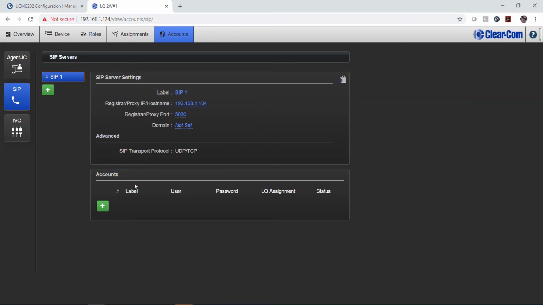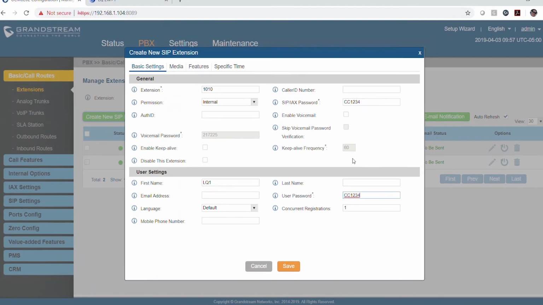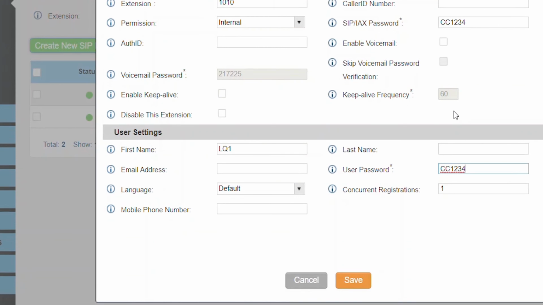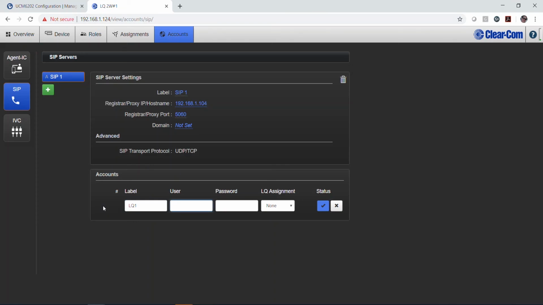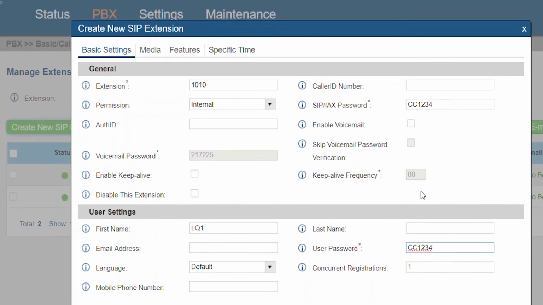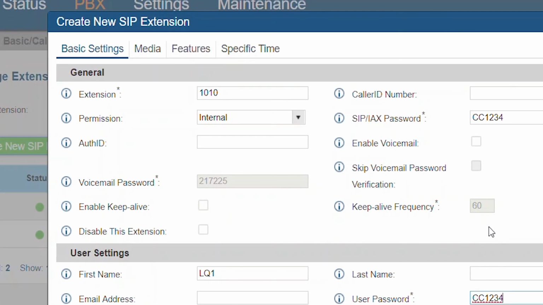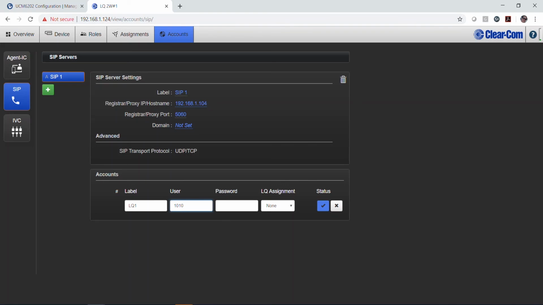Now go down to Accounts and click the plus sign. In Label, give this first connection a name. For this demo, I'm going to simply label it as LQ1, since that is the name I gave it within the Grandstream server. In User, we will also enter 1010, since this is the actual extension that we gave it in the SIP server. Then in Password, enter the same value for the SIP server, which was CC1234. And then finally, in the LQ assignment dropdown, select the LQ that we are connecting to, then click the